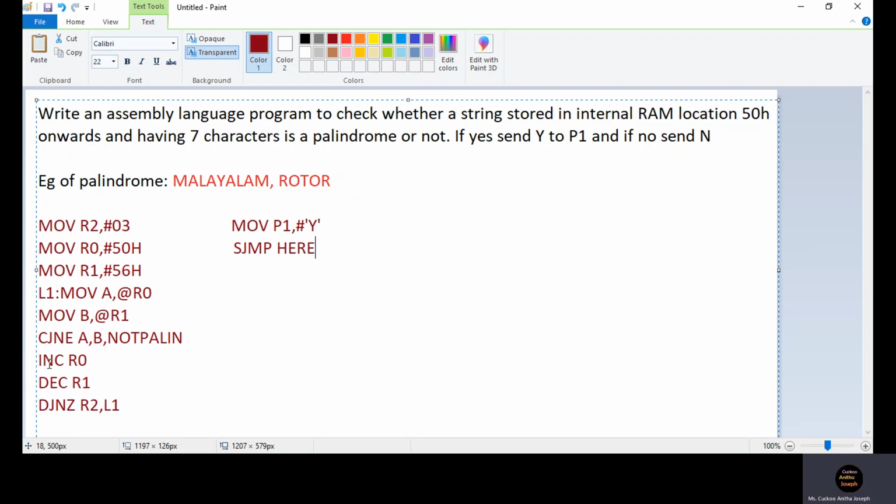Okay. Now we haven't completed our program. We have to take care of one more thing. We have to send N to port 1 if our string is not a palindrome. What happens when our string is not a palindrome? At some point in the comparison process, the A and B will be unequal and a jump to not palin will occur. So we should give the label not palin here,